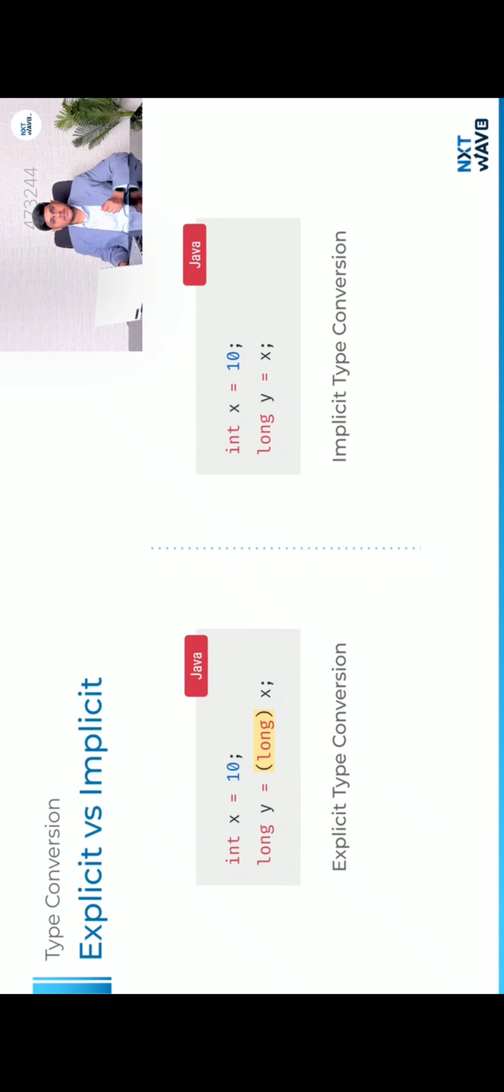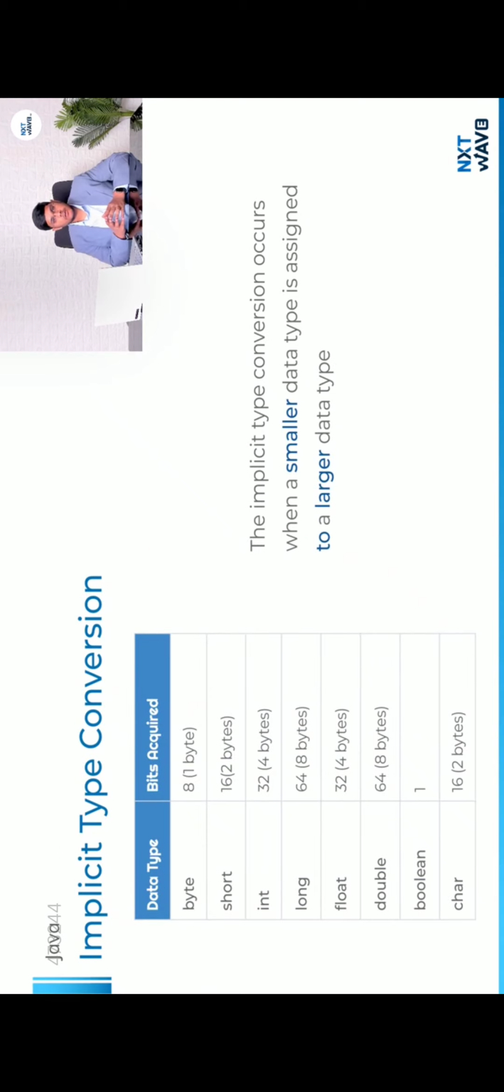Okay, so this type of conversion is called implicit type conversion. It normally occurs when a small data type is assigned to a large data type. If we take an example, a byte is 8 bits or 1 byte, whereas a short is 2 bytes, an integer is 4 bytes, and a long is 8 bytes. So whenever a small data type, assume a short, is being assigned to a long data type, which is 8 bytes, this type of